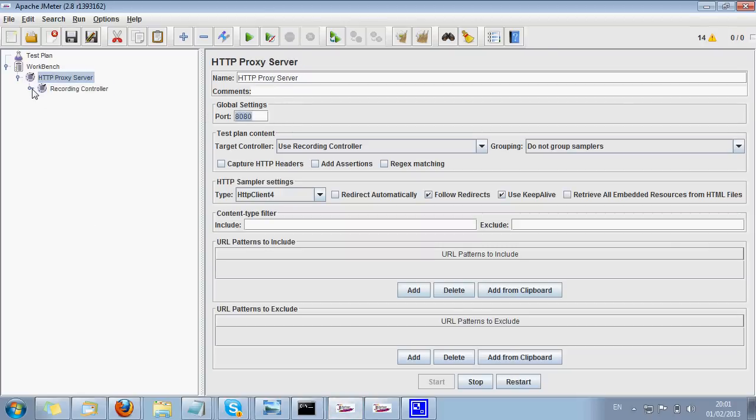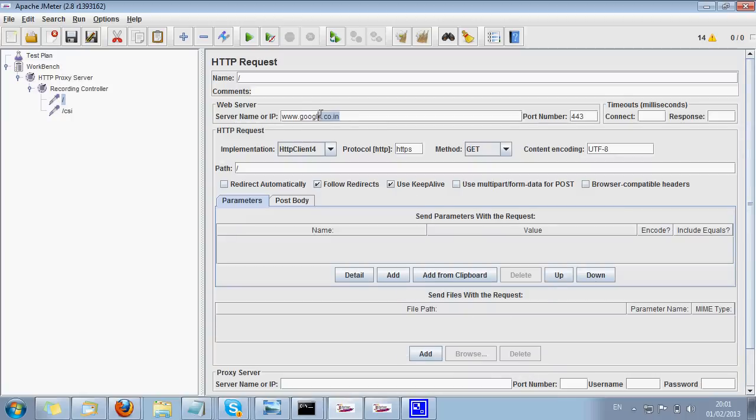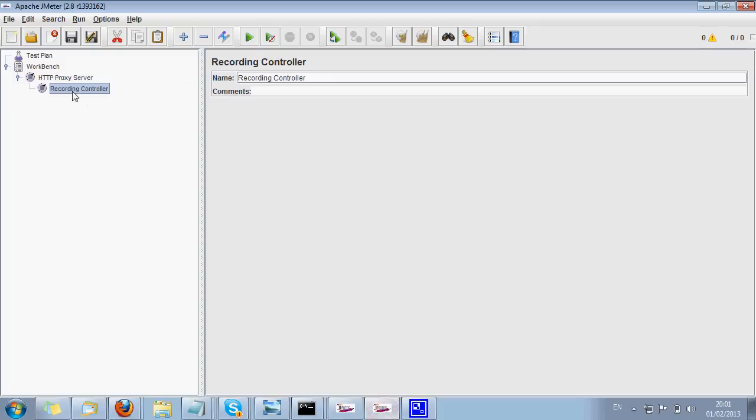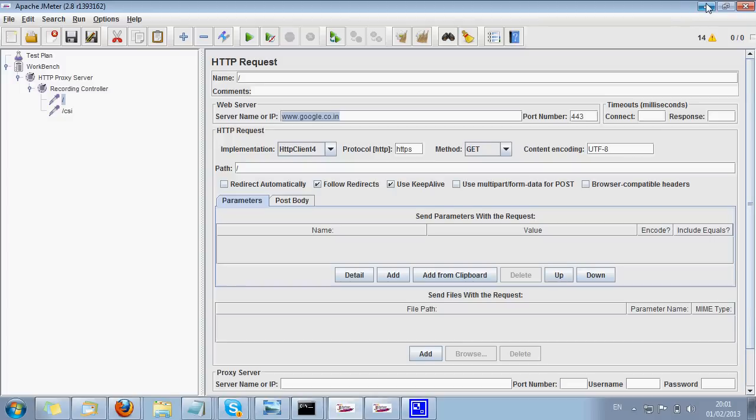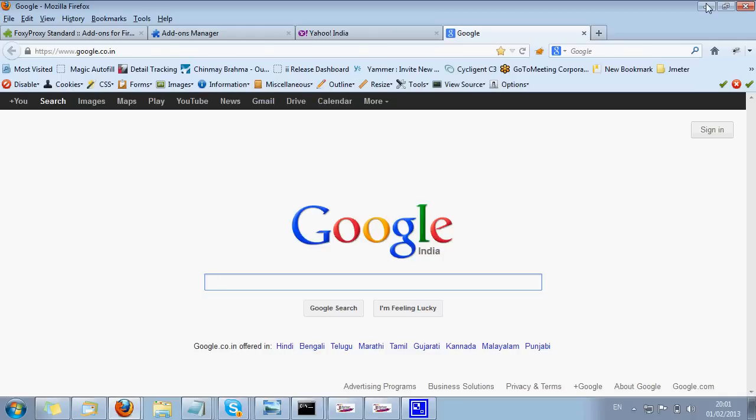Nothing got recorded under 9191. So we concluded that we can create multiple proxy settings within a single browser using the proxy standard, and we can predefine a URL pattern so that it should be opened in a specific proxy setting, not in other proxy settings. So that we can parameterize or filter and use that proxy setting.